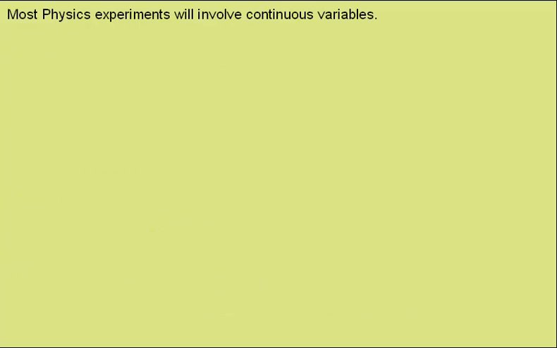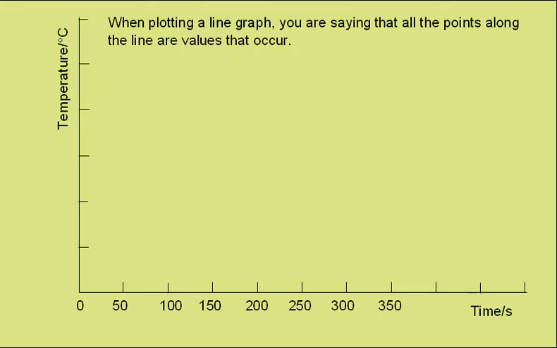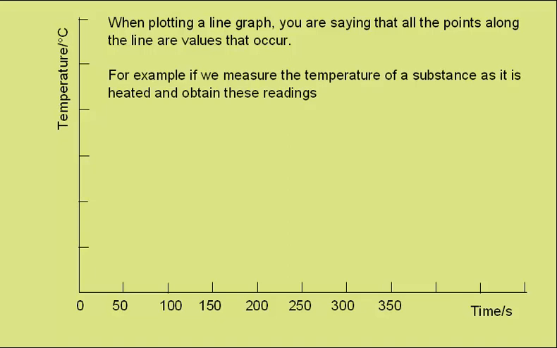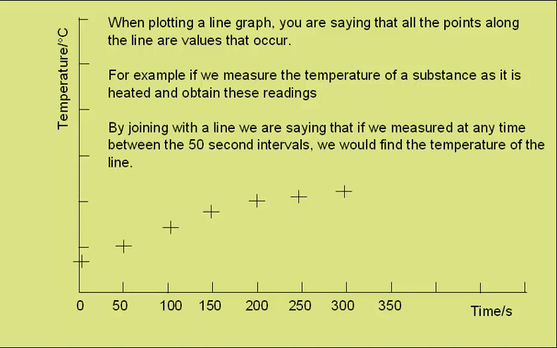Most physics experiments will involve continuous variables and so will require a line graph. When you plot a line graph, you're saying that all the points along the line are values that will occur. For example, if we measure the temperature of a substance as it is heated and obtain these readings, by joining them with a line, we're saying that if we measured at any time between the 50-second intervals, we would find the